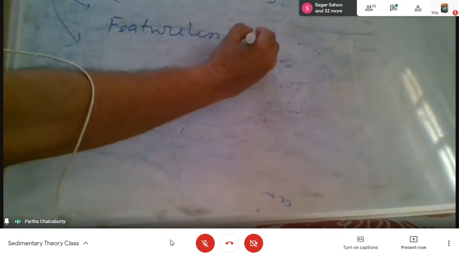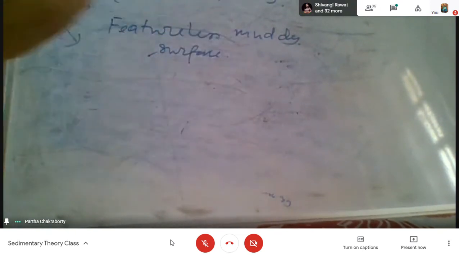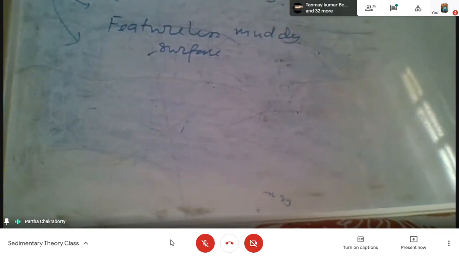What is the character? This is the featureless, muddy surface. You get this tide dominated coastline in parts of the African coastline, the European coastline, even the Indian coastline. There are many. It depends upon the gradient of the coastline, and there is early dissipation of the wave energy that allows the tide to operate to a large extent. So that is the low energy and mostly muddy.